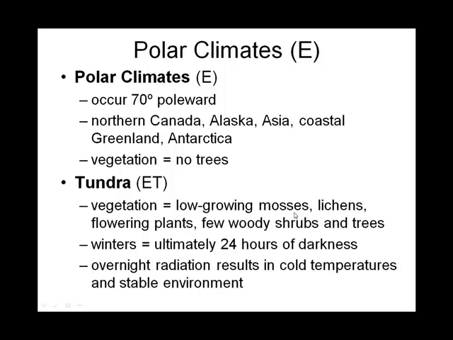Okay, so after D-type climates, going poleward, we have E-type climates, our polar climates. Not so surprisingly, these would be associated with the polar cell. We said the polar cell begins in both hemispheres at about 60 degrees latitude, then poleward. So these polar climates are confined to that region. This says 70 degrees poleward, but